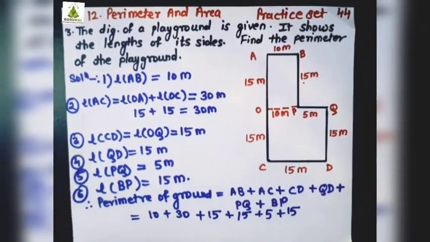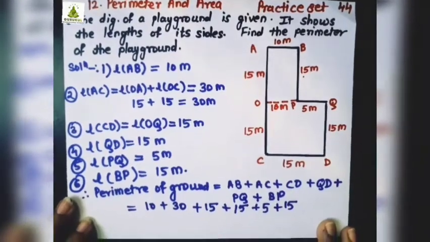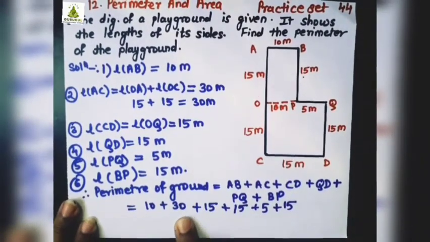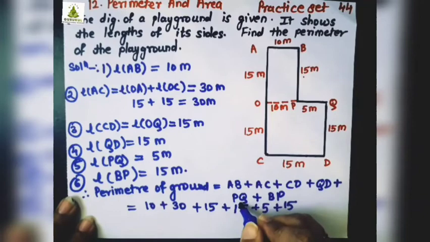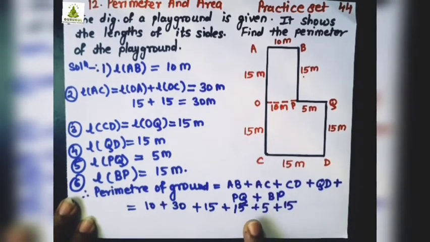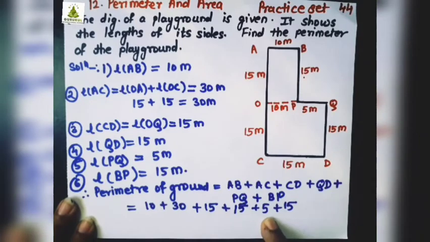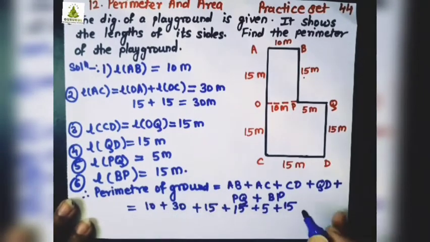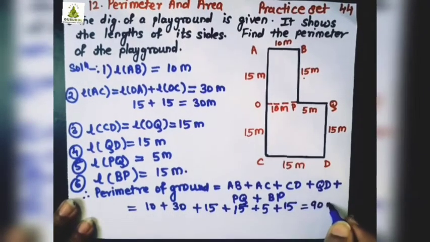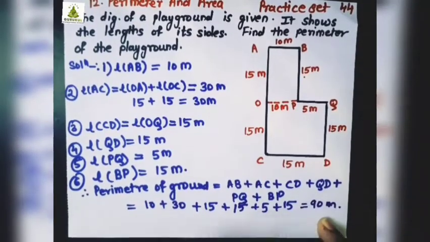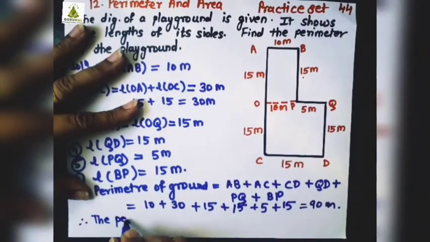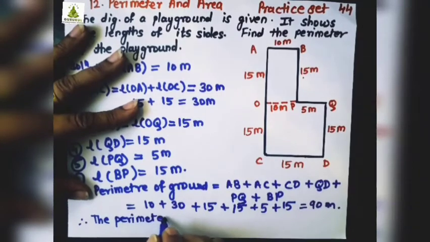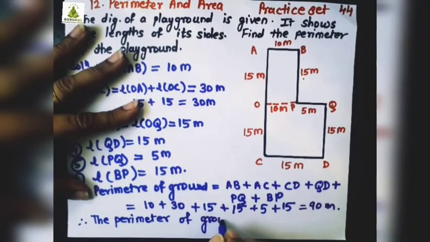Okay, so do the addition. I will just shift it a little bit up so that it will be visible to you. 10 plus 30 is 40, 40 plus 15 is 55, 55 plus 15 will be 70, 70 plus 5 is 75, and 75 plus 15 will be 90. So the final answer is equal to 90 meters. Okay, so we can write it in statement form: therefore, the perimeter of the ground is equal to 90